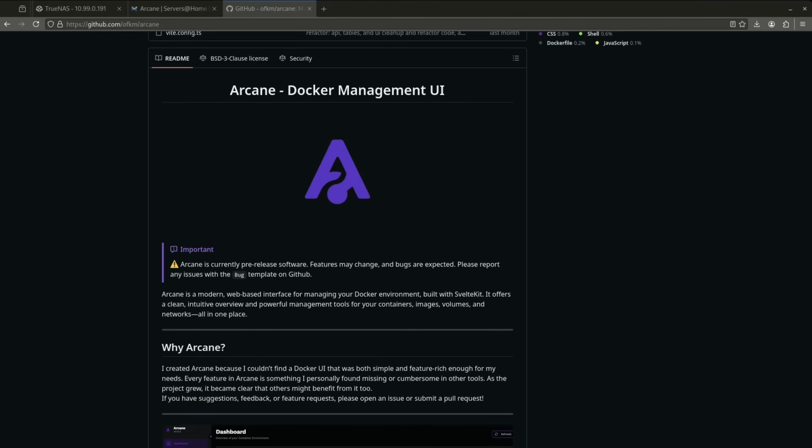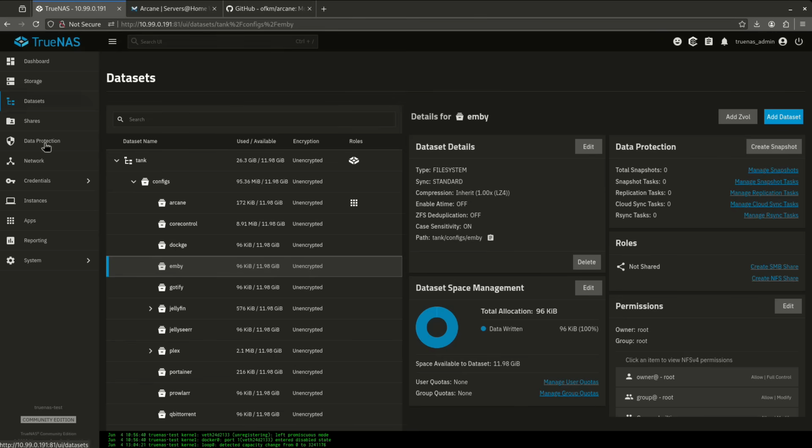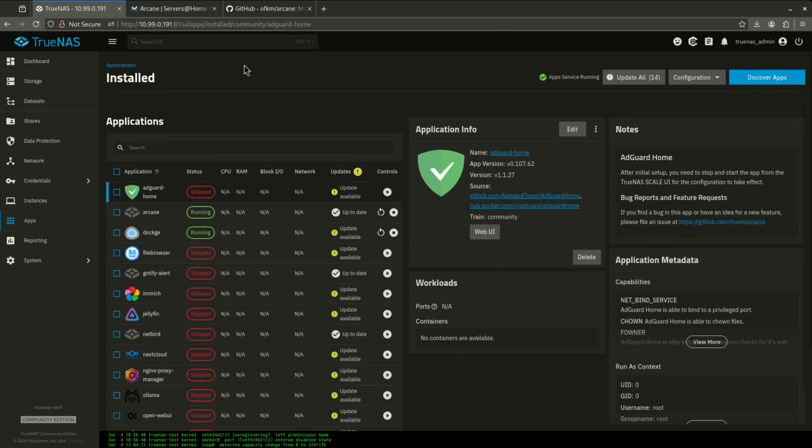What's up, everybody? Today I want to talk about something very exciting called Arcane Docker Management. Now, in terms of Docker management, we have a few ways to do things on TrueNAS as it stands right now. So when we go over to our apps right now, TrueNAS has this interface that already exists for